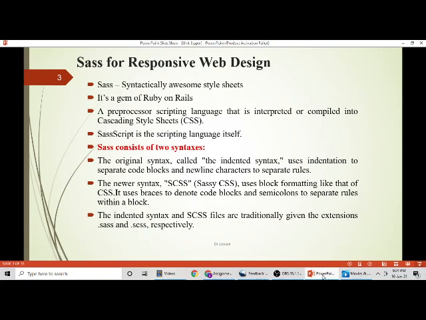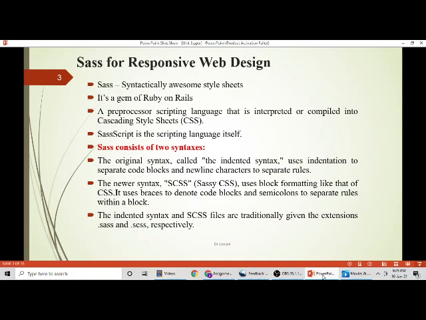The indented syntax uses indentation and separates your entire web application code into blocks and characters. But on the contrary, with SCSS, that is SassyCSS, you actually apply CSS to your original code. You use brackets to denote the code blocks, and you have semicolons to write your rules separately. The indented syntax was initially the first one developed by SASS, and later, when CSS came into web applications, they introduced SassyCSS. We'll be mostly learning SassyCSS in this entire unit.